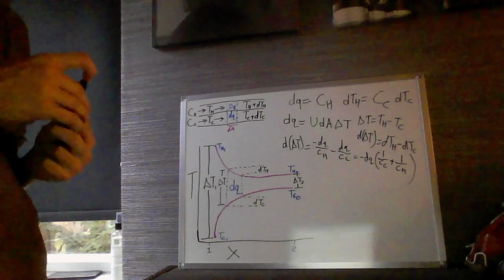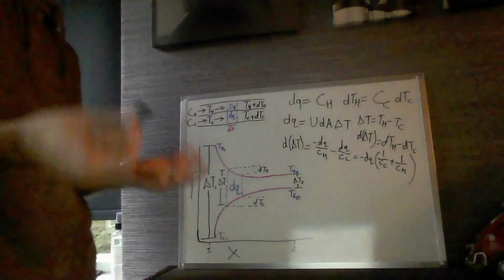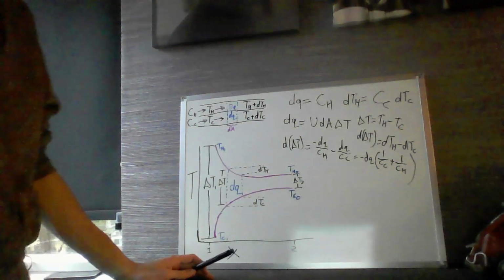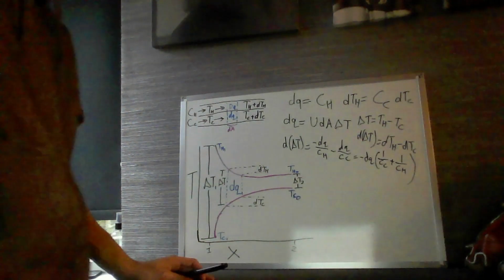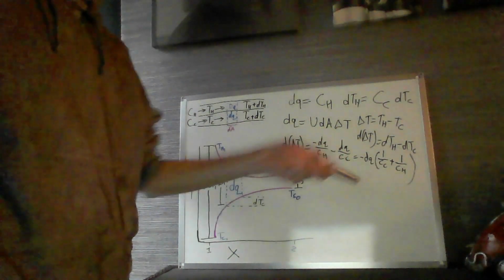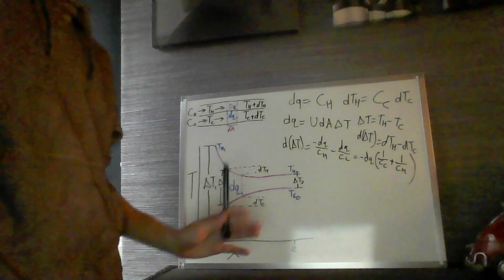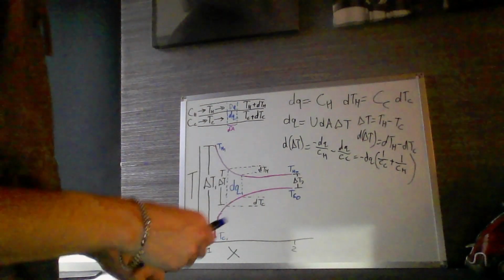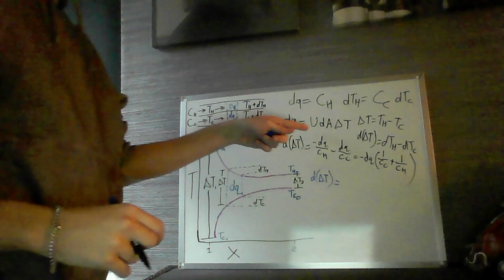Those are both negatives. Yes. So that is our new expression for d delta t. And then from here, what we can do is go ahead and plug in this expression for dq, so that we can get started on all of those coefficients, right? So if we were to plug that in, we'd have d of delta t is equal to, so we said we plug in this for dq, so we'd have negative